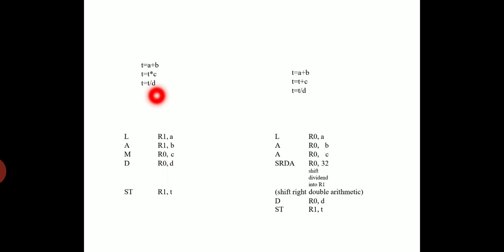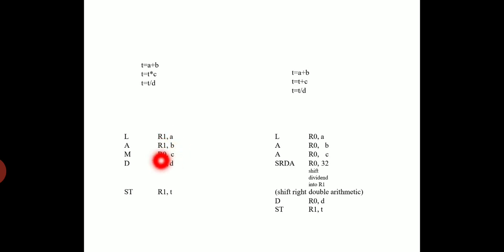t = a + b, t = t * c, t = t / d. Here both multiplication and division are to be performed based on this particular strategy. While performing multiplication, the value will be taken from the odd register, so we have to initially make sure that the value is available in the odd register. That is why it is initially loaded into R1. L stands for the load operation. L R1, A is loaded into R1 so that it can utilize the multiplication operation, the even-odd register pair R0 R1, where R0 holds t and also the value of t is stored in R1.